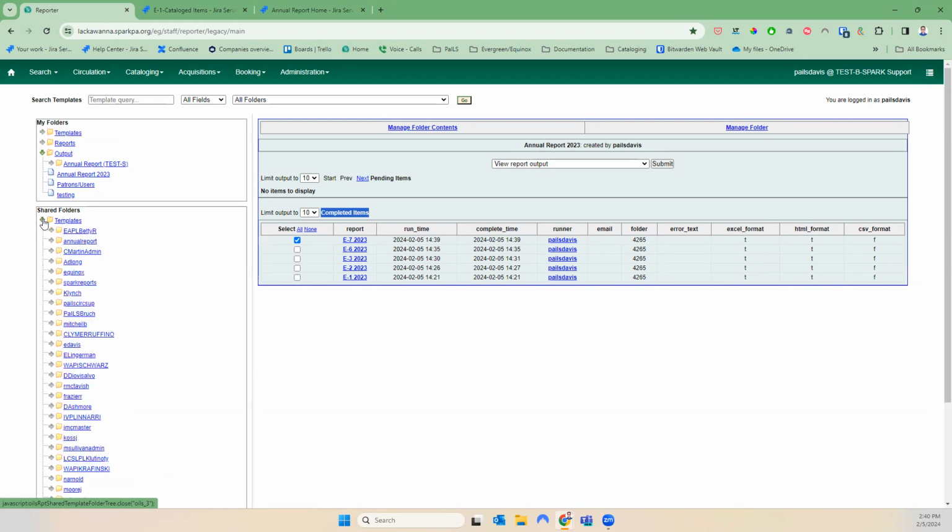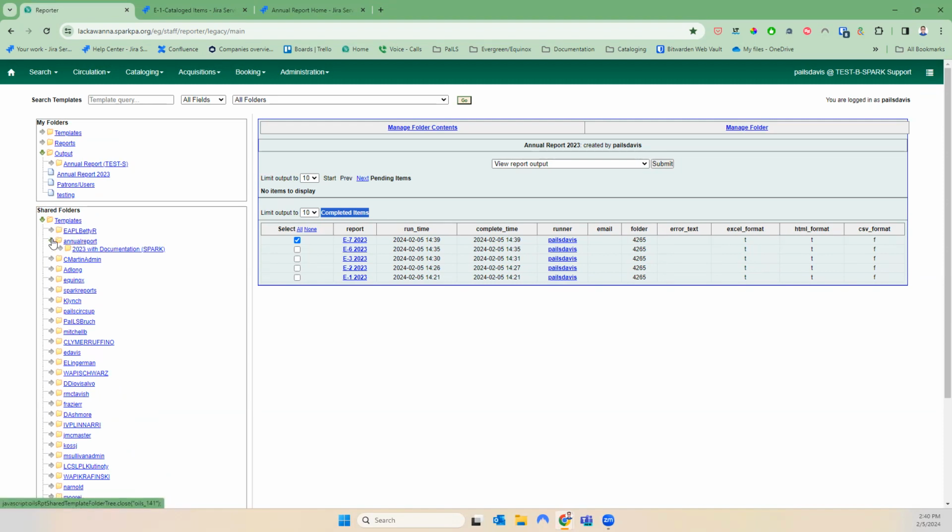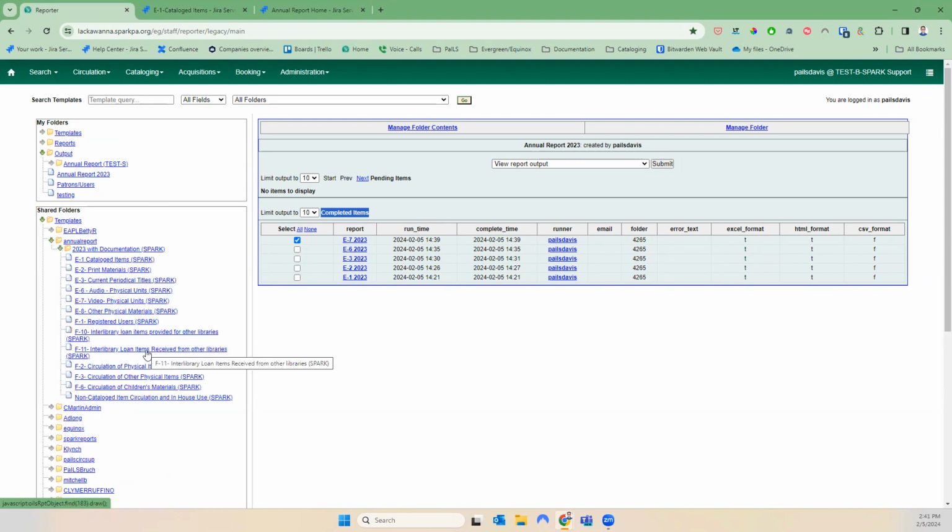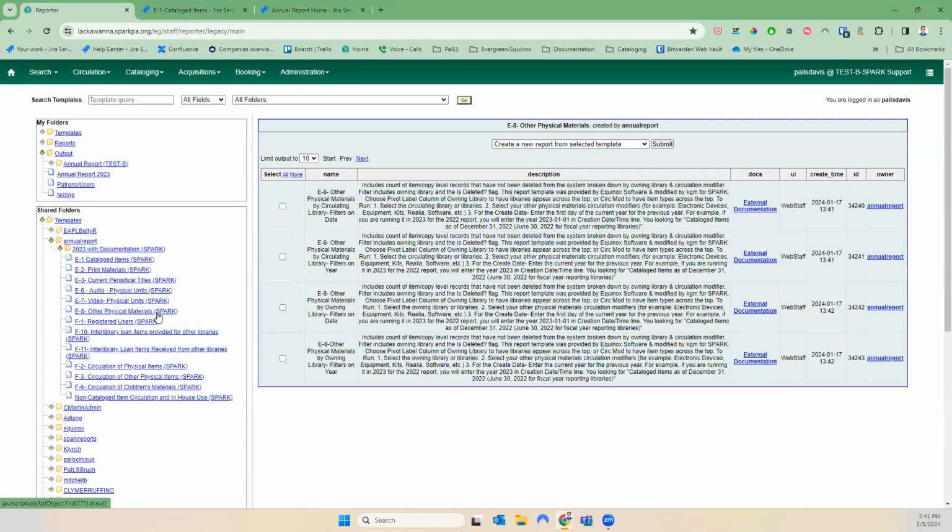All right, going to number 8. We're going to go again to shared folders, annual report. Always click that little arrow next to the folder to have it expand. And then the last one is other physical materials. So this is pretty much everything else in your catalog that's not a video, not audio, not periodicals or other print materials. So we're going to go to the bottom one, which is by owning library and filters